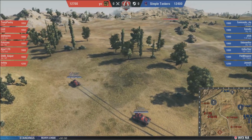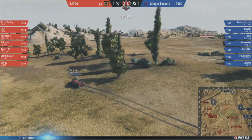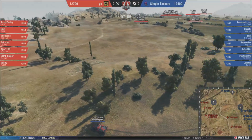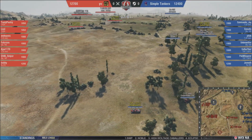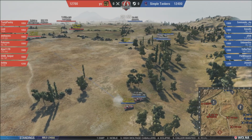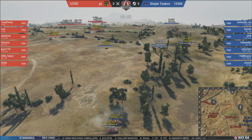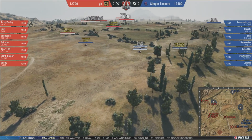However, Simple Tankers are actually making some plays here that I think may change my spirits about what's happening here. Bringing the TVPs is a lot more pain. Looks like they've got a lot more of a brawling setup, not camping with E5s. They're not going to try and play that game. But they're on defense, so that could be a questionable decision. But either way, they're looking to create an actual fight and get this going relatively quickly here. Wow. We don't have to watch any sort of clock bleeding attempts as people...